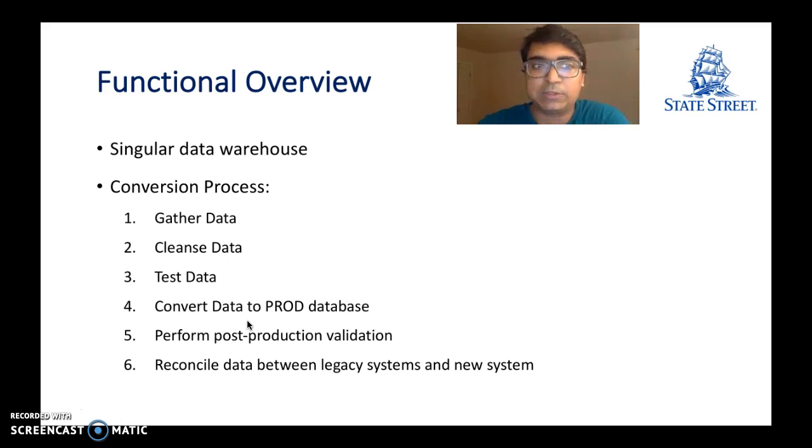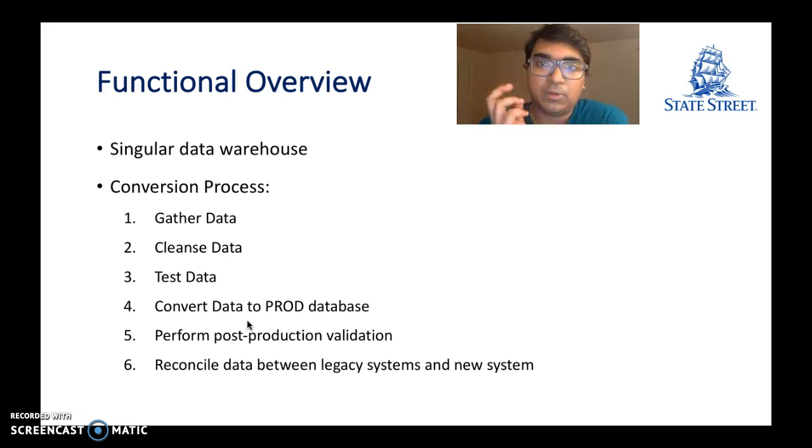We would have to scrub and dice and slice the data to make sure the data is in compliance with the new systems. Then we'll have to test the data in multiple environments to make sure that the data is in sync with the requirements and technical specifications of the application. Then we would go through the actual conversion of data in the production environments where the users can see the data. And after that, we would be performing an intensive post-production validation where we make sure that the data stays in there as it's intended to, and not with any other